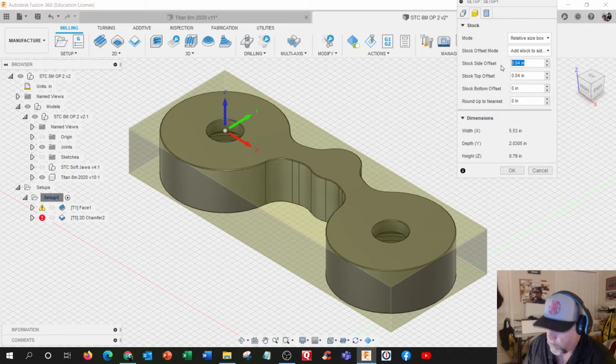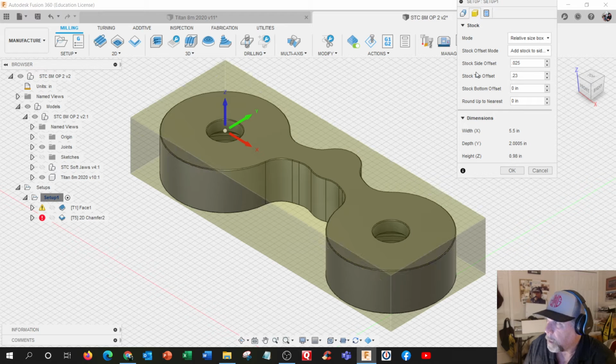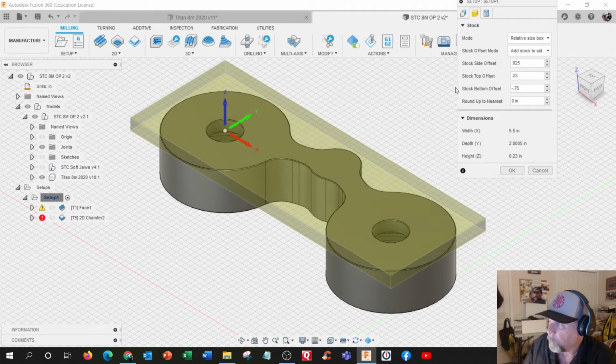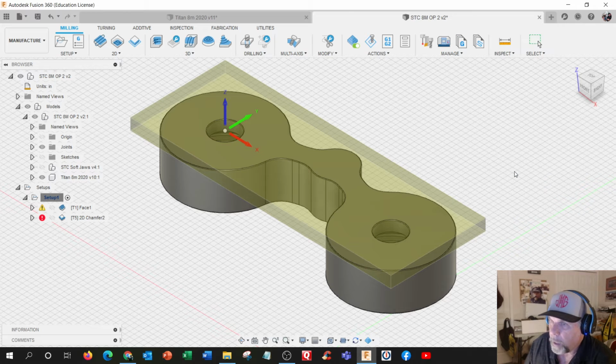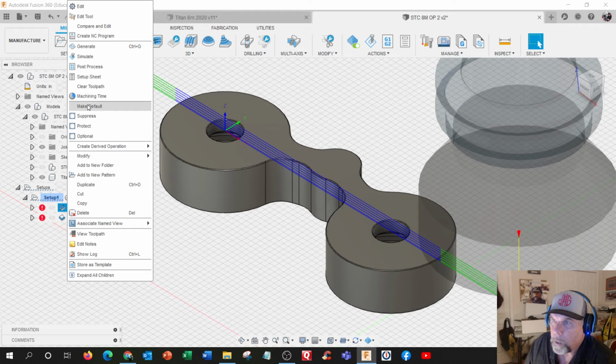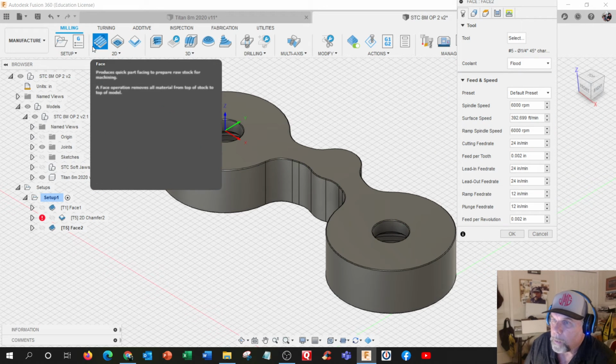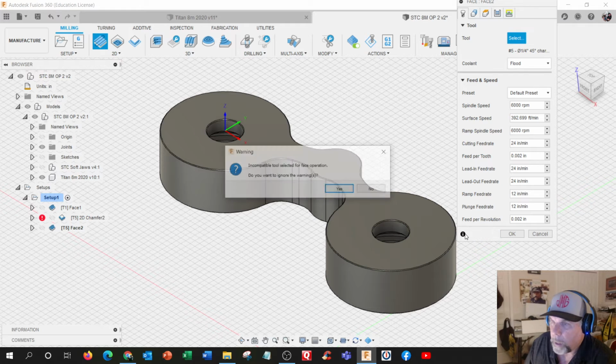And side offset of 0.025. Yep, and I make the top offset 0.23 and the bottom one negative 0.75. Hit OK and redo the generate. Hit OK and